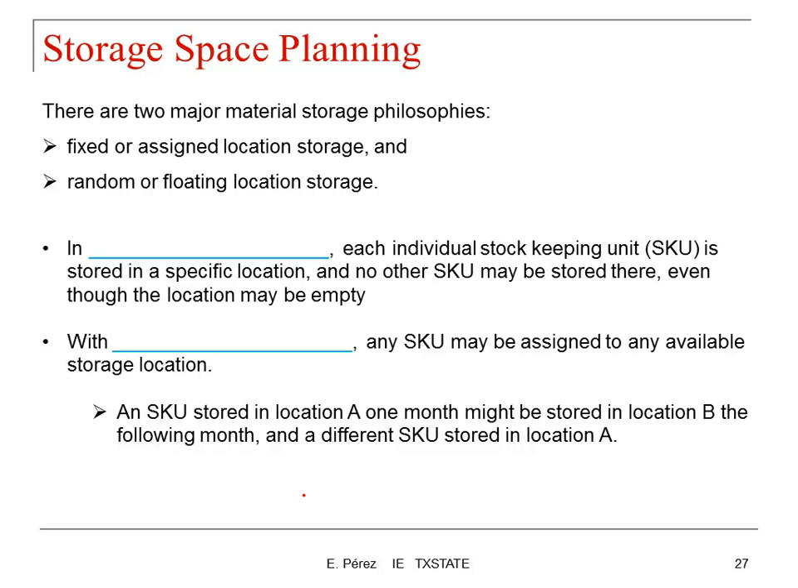So there are two major material storage philosophies. The first one is called fixed or assigned location storage, and the second one is random or floating location storage. So again, this is also very important. If you can put a star here, these are the two material storage philosophies. I'm going to explain the difference between the two. So in the first one, in fixed location storage,